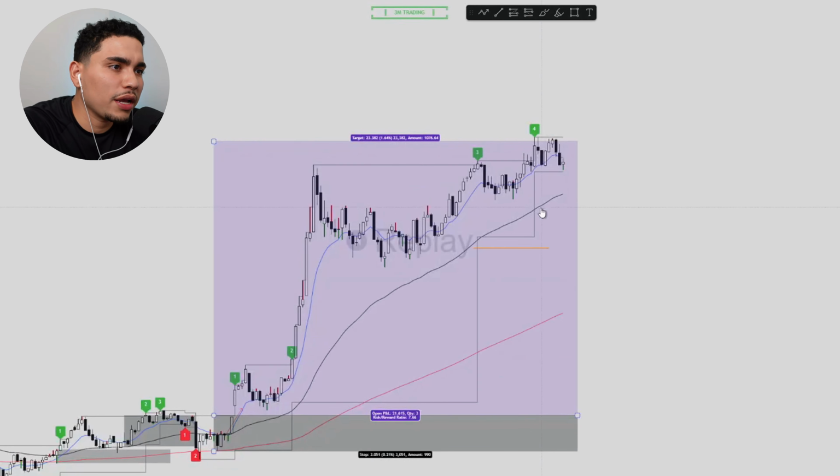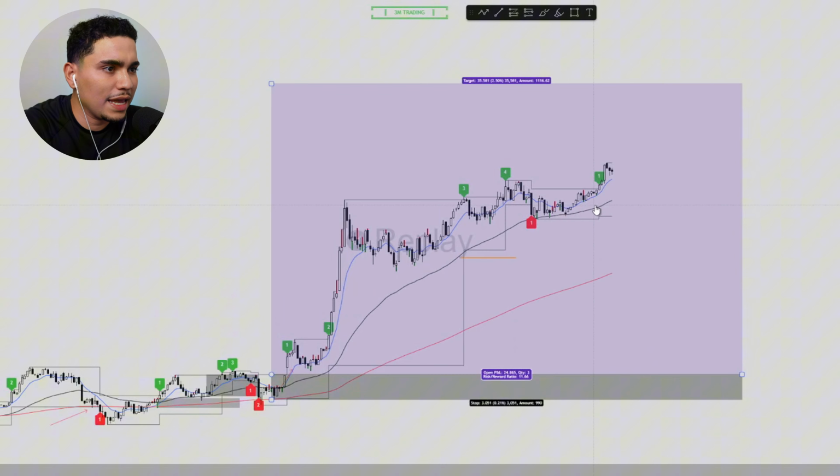We do get another break right here, but the EMA is still below the protected low, so we're not going to move the stop loss. We're going to keep it right here, which just saved us from getting stopped out. We're still right here. Now that the 50 EMA is above the protected low, we can move our stop loss